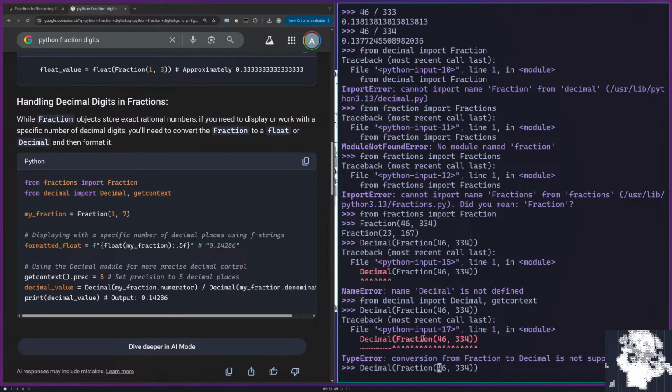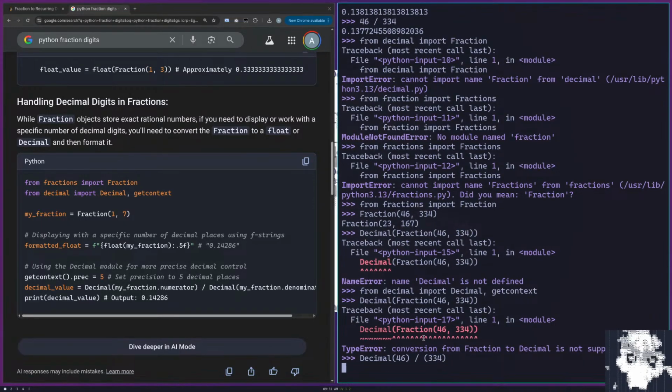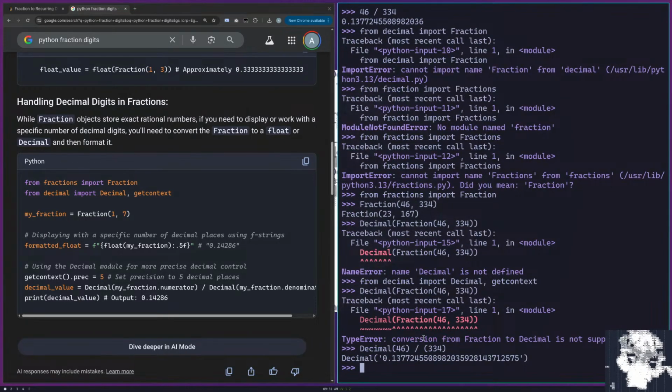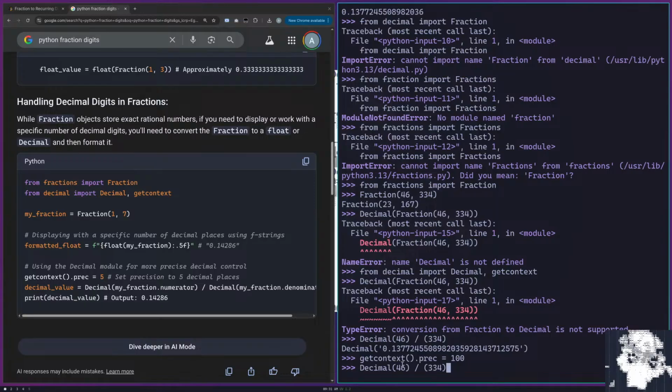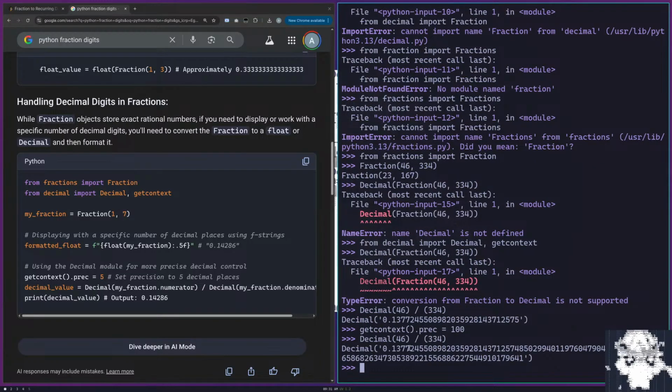But I guess you can divide two decimals together and keep the precision. Okay, that's what I was looking for. Get context dot precision equals 100. So